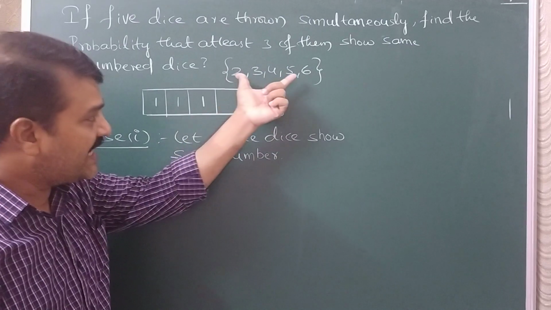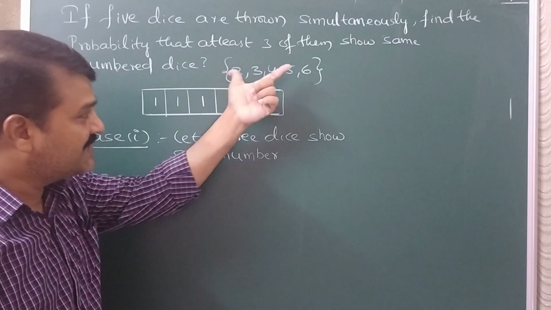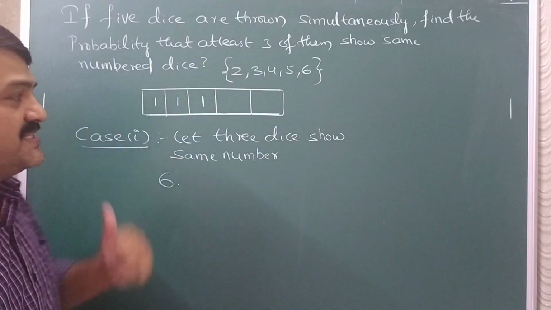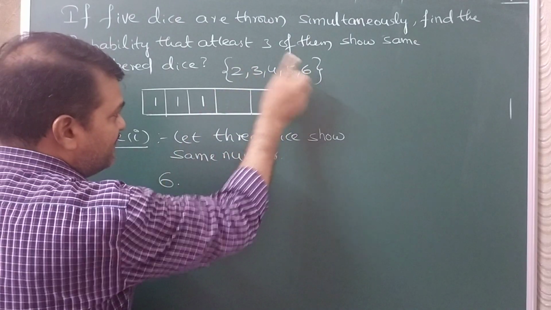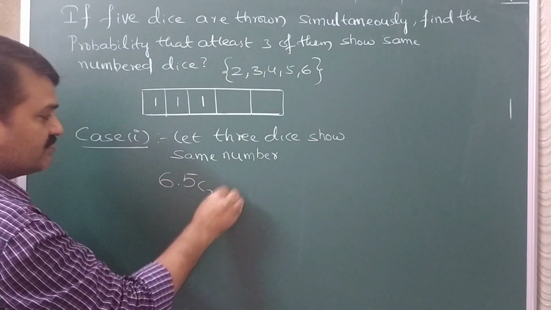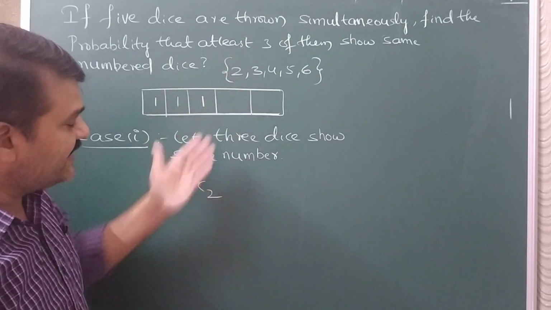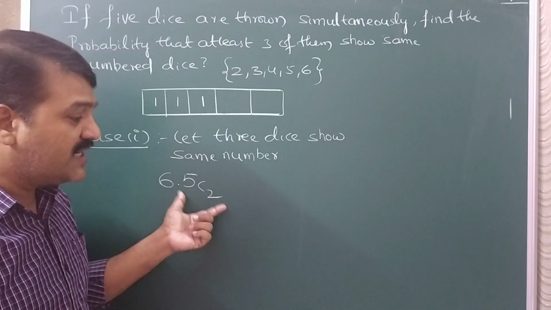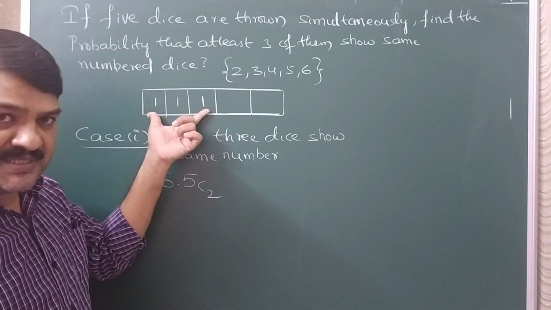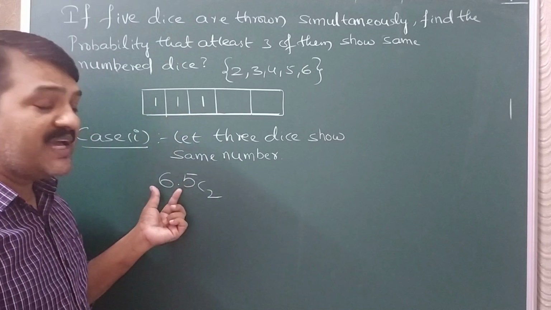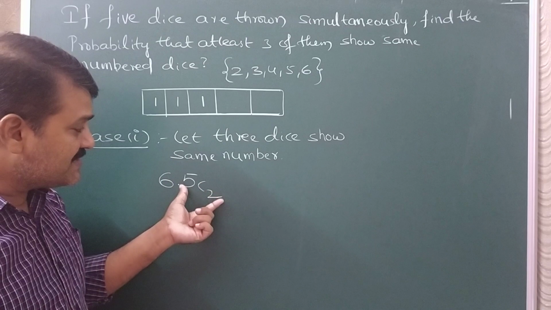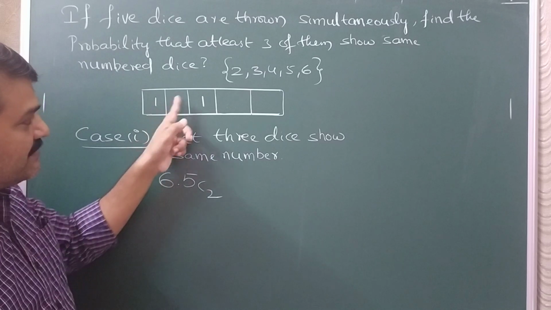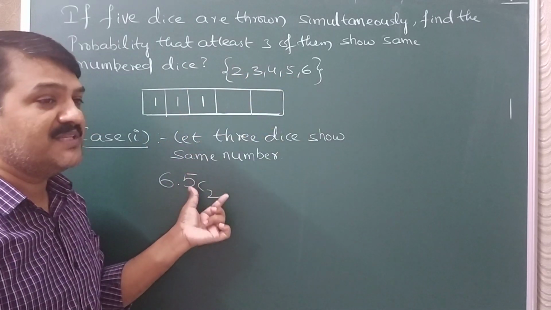That means we have to choose any 2 numbers from this set which will fit in the remaining 2 places. That means from remaining 5 numbers I will select 2. So from 5 selecting 2 means 2, 3, 4, 5, 6. From this we have to select any 2. So what I am doing, I am selecting 3 same numbers for which we have 6 possibilities, and I am selecting 2 numbers from this set. That means I have 3 same numbers and I have 2 numbers from this set.